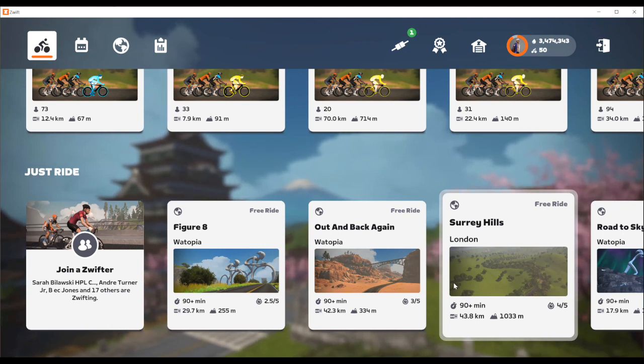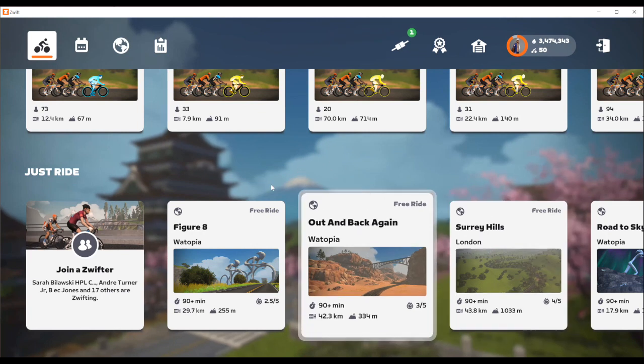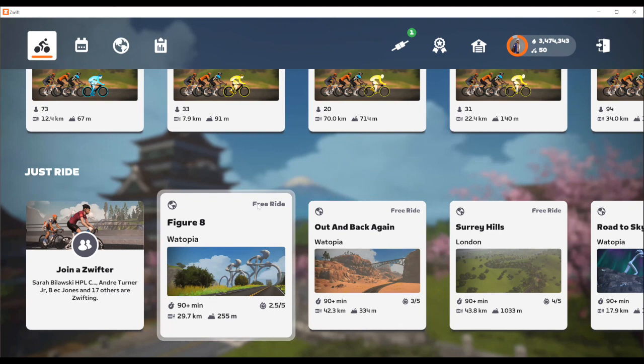Soon there'll be 10. They'll be adding Scotland here in the next month in recognition, if you will, of the UCI nationals that will be held on Zwift, which will be mirroring the actual events taking place in real life. So the course within Zwift will be duplicative of the course they'll be racing on outdoors, as are many of the worlds, particularly New York and Richmond, that are identical to the riding done outdoors, elevation gain, route, etc.